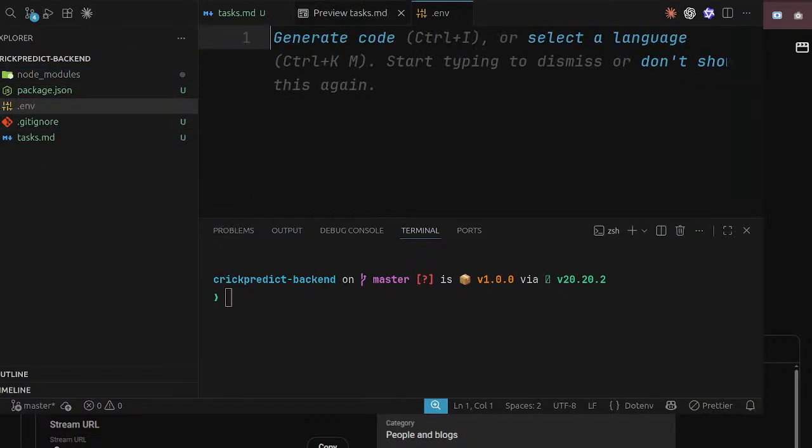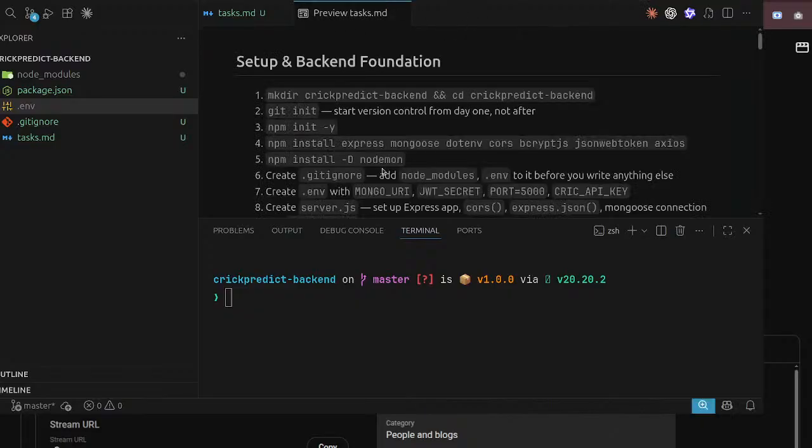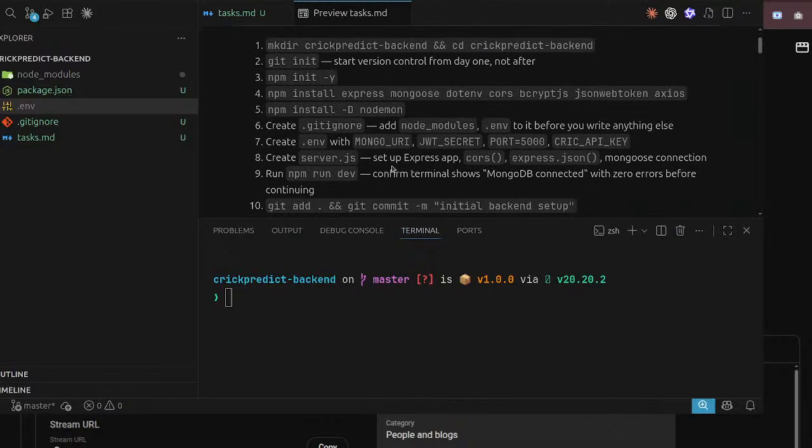Yeah, it's looking good. Now we need the Mongo URI. This is a MongoDB URI, and then JWT secret, port 5000, and the Cricket API key.